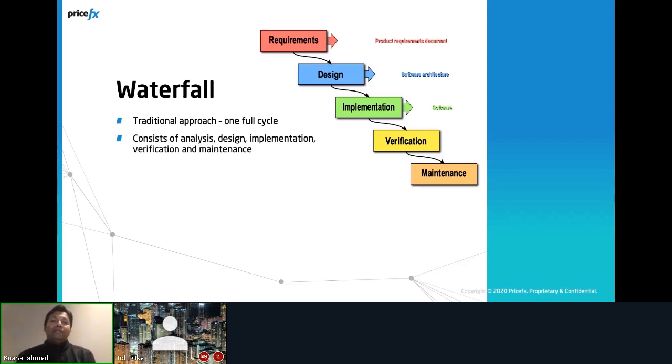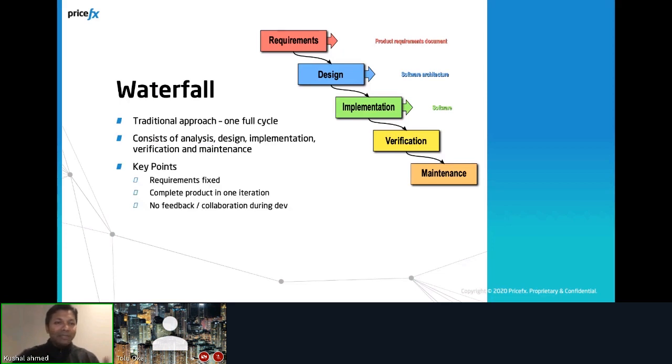And then once the verification is done, whatever product you got, you go into maintenance. The key points to note here are that the requirements are fixed, and you are going to get a complete product in one iteration, whether it's good or not. Good luck with that. And there is no feedback or collaboration during the development process. As a historical check,